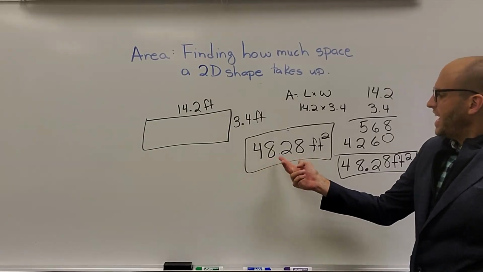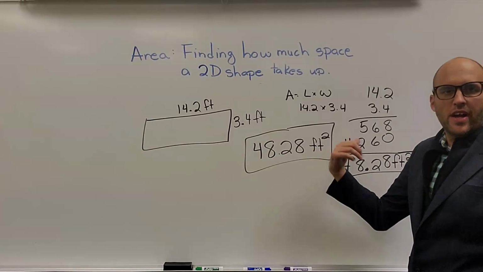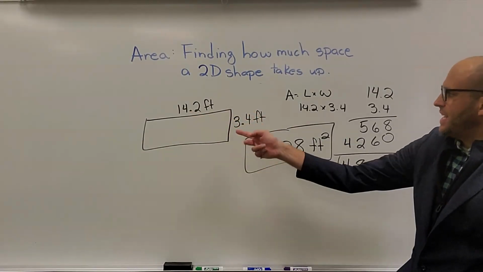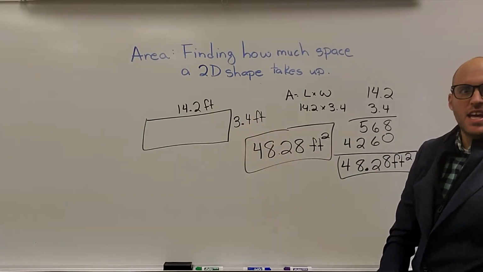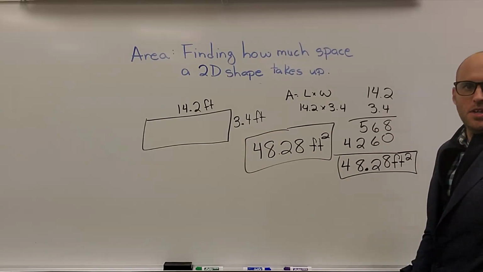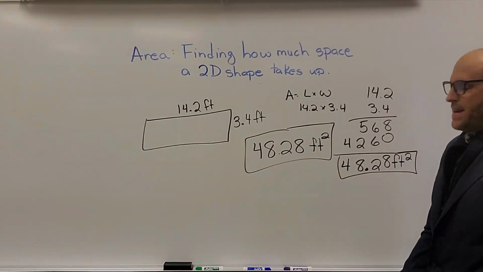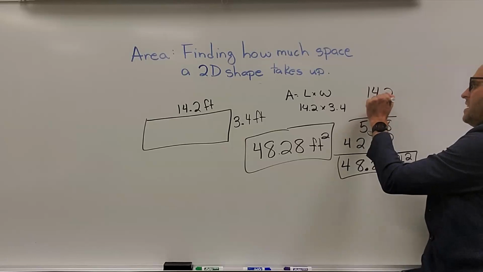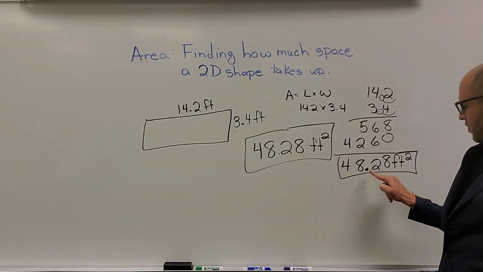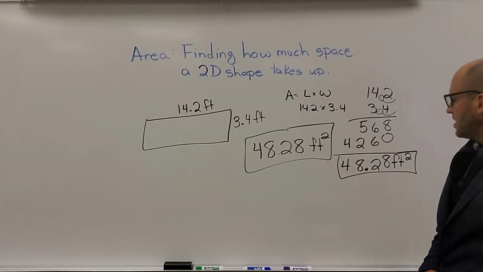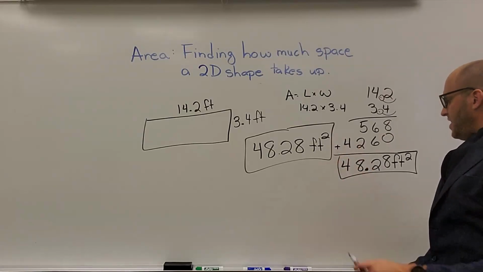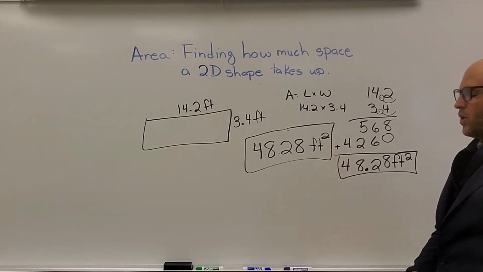Hopefully you found 48 and 28 hundredths of a foot squared. As you see here, my length is 14 and 2/10 feet. My width is 3 and 4/10 feet. I have to multiply them together. Remember, multiplying decimals is just like multiplying, except we have to add the decimals back in at the end. As you see here, I have one decimal place here and a second decimal place here, which is why I have 2 decimal places in my answer. Multiplying just like I normally would, and adding the decimals at the end gets us 48 and 28 hundredths of a